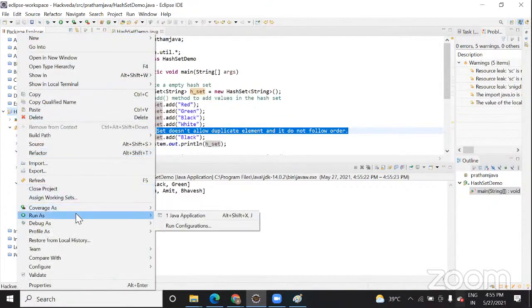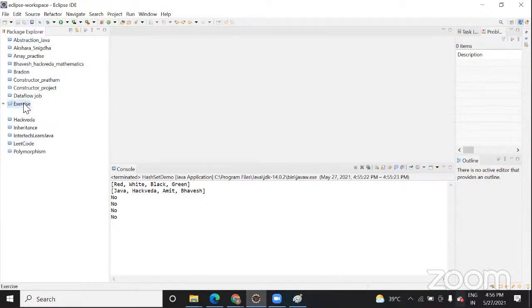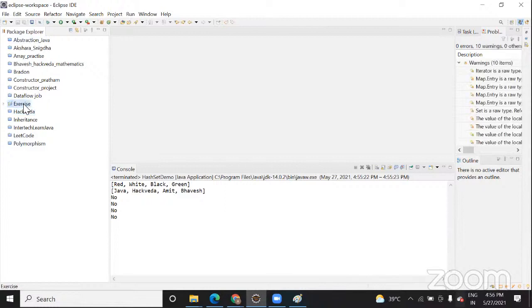Have you run this code on your system? I think I should have run it, maybe 25 days ago. I don't remember, I think around 10 to 15 days before.